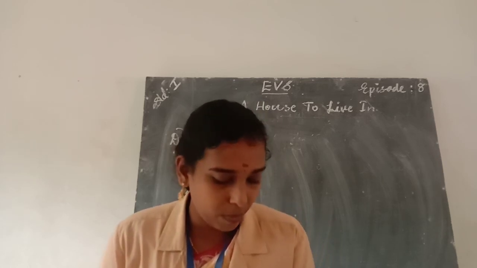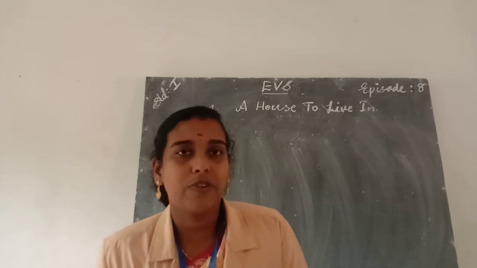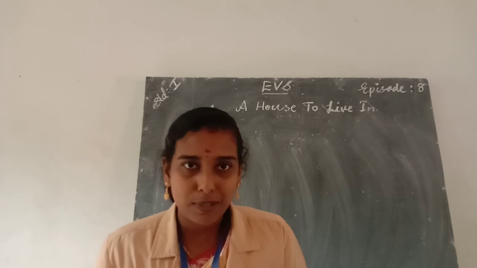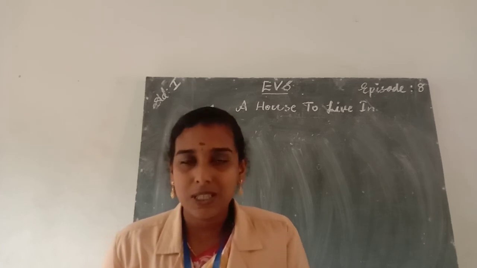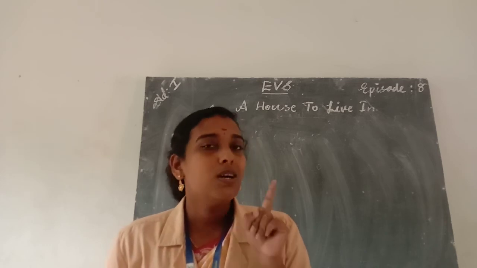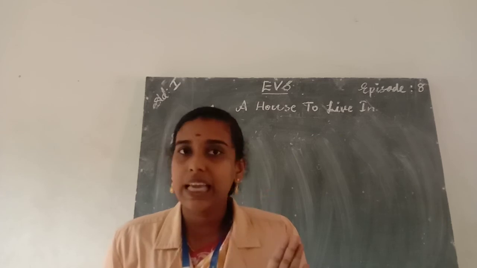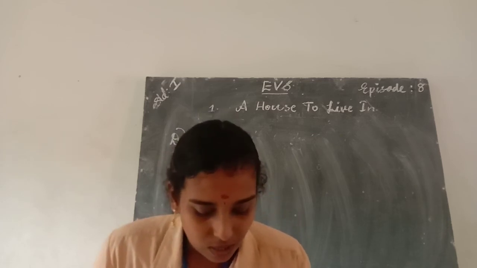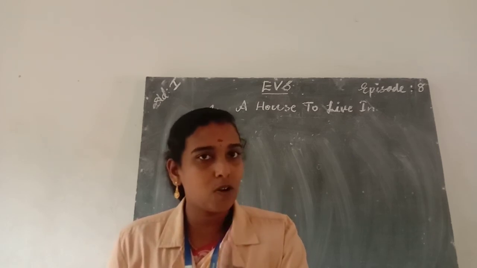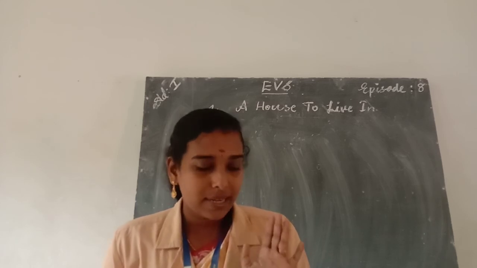That's your homework. So we studied about houses, different types of houses, some special houses and different types of rooms in a house and the uses of different types of rooms in a house in our first chapter. So first chapter is over. So you read your text very carefully and also do your homework. You should write the spelling of different types of rooms in your class book at least 5 times and send it to my WhatsApp and study well.